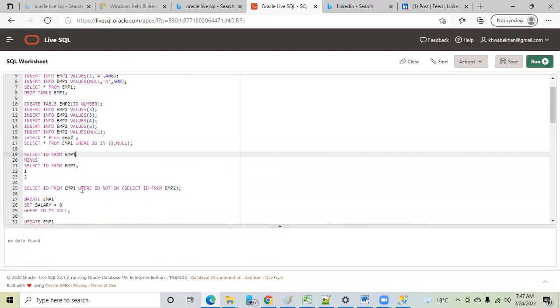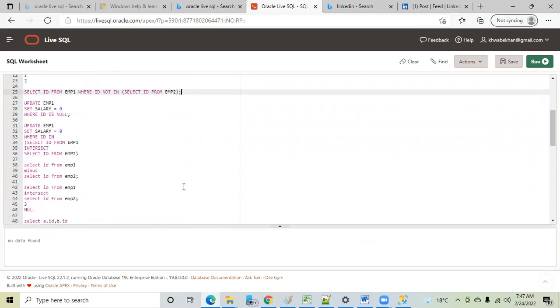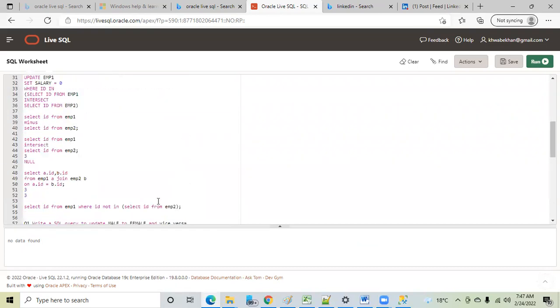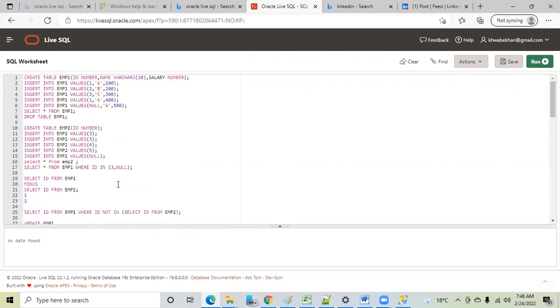Select ID from employee 1 where ID not in select ID from employee 2. Fine. Now tell me what's the reason for this. We need to give alias to both tables. Alias, okay. Why alias? One minute.